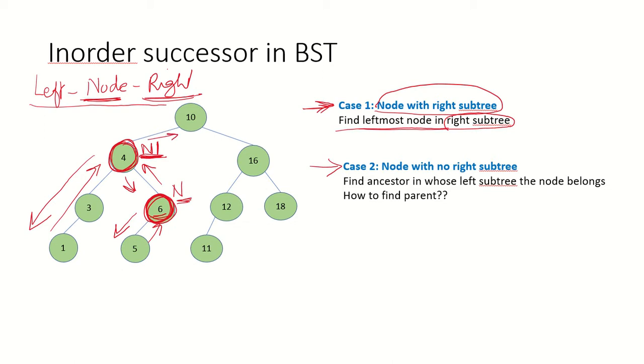So we go still further up and find the ancestor. When we come to this node, which is the root node, or let's call it node n2, now we see that this node n is in the left subtree of node n2. So if n is in the left subtree of n2, that means n2 has not been visited before visiting n. So n2 will be the successor of n. Let's take another example.